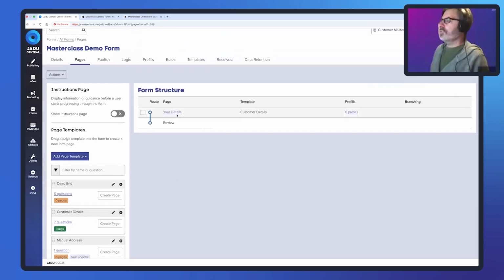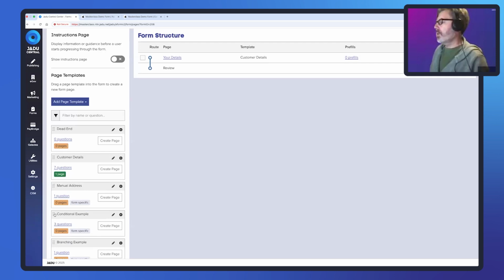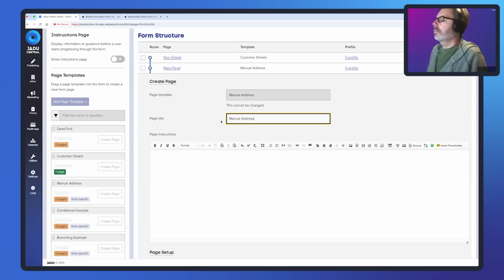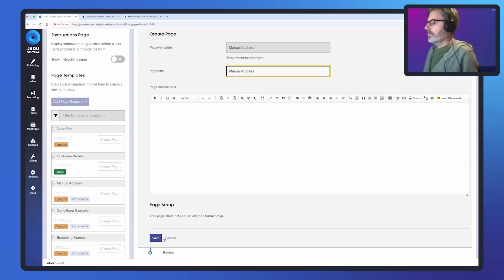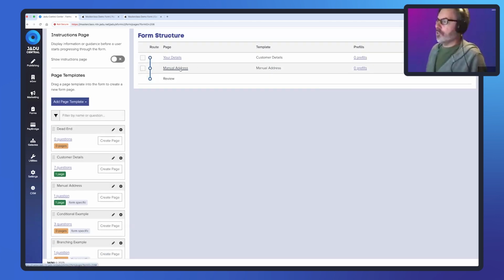So let's say I want to do something slightly different. Let's say I want to have a conditional section in the page, but based on something the customer's answered previously in the form. So let me go in and use this template. Let me drop this one in. Just as an example, this probably isn't an actual use case, but it's really just to show you the concept of how you would do something if you want to base it on a previous response that has a conditional section rather than a branch. So on my manual address page,